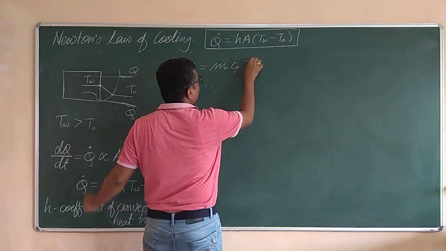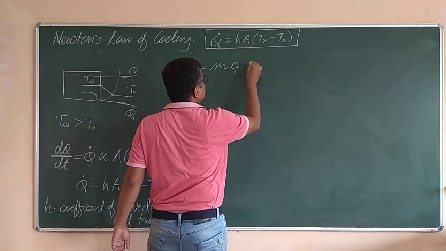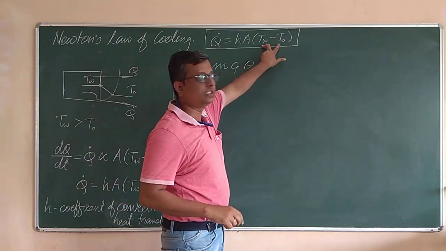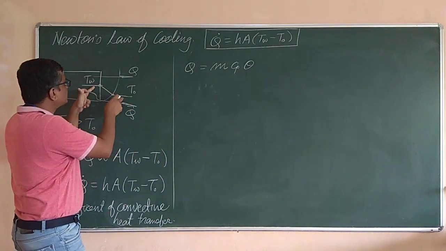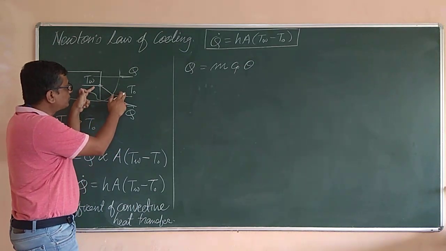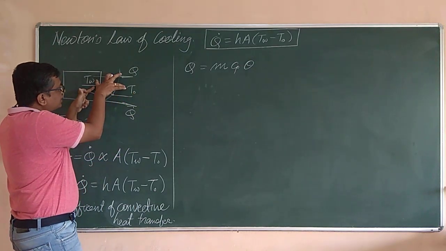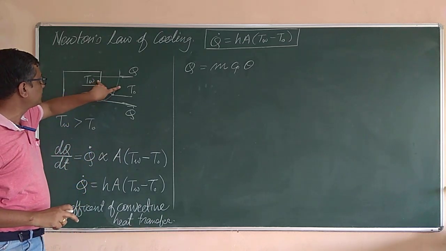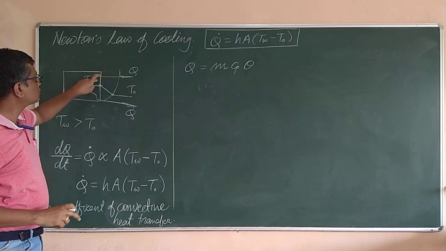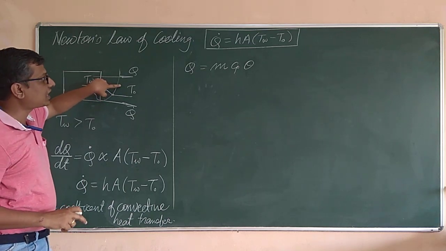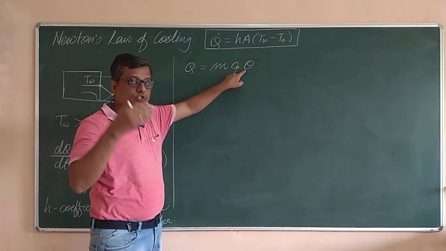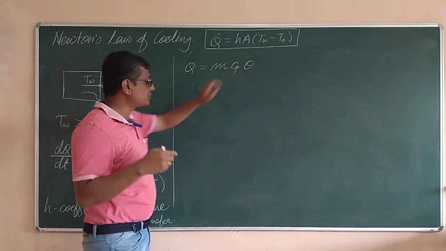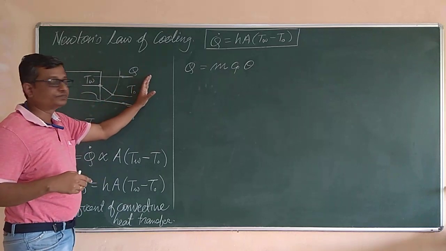object into whatever the temperature. Let us say this temperature as theta. Since this temperature is different, what is this T? TW is the temperature of the body and T0 is the temperature of the surrounding fluid, and that temperature difference we are taking. This TW minus T0 is the temperature difference between the solid and the fluid. But theta, I am going to take as the temperature of the solid body, and maybe theta 1 and theta 2 will be two different temperatures of the solid body itself, not of the fluid.